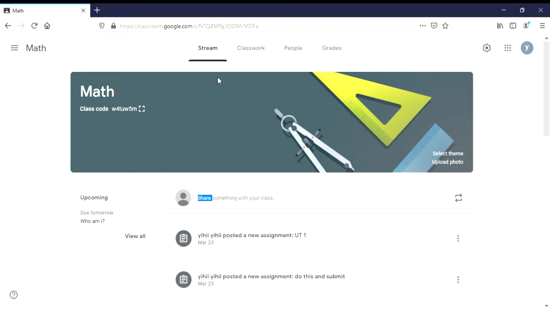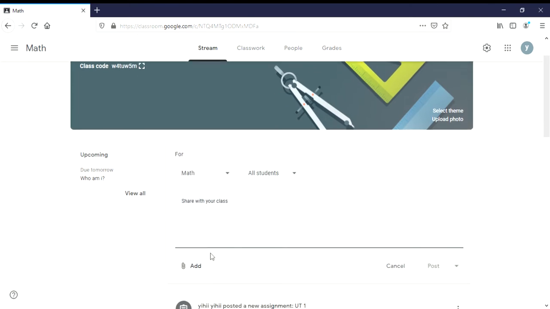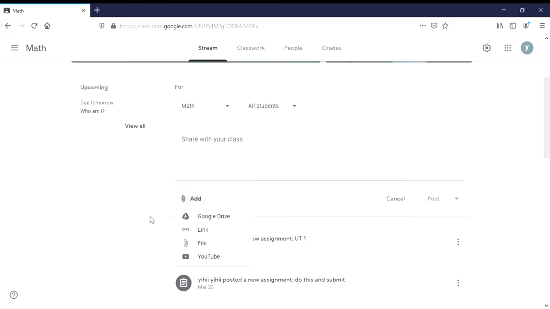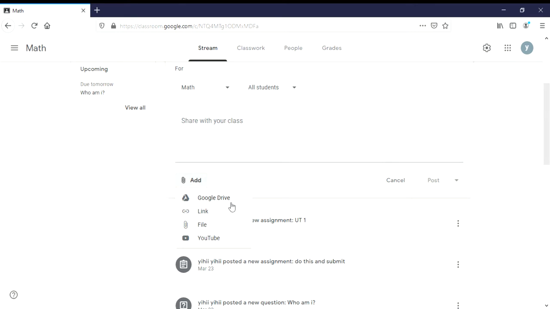There are 4 tabs that you can find in the top. One is the stream. In here, you can share something with your class. You can share some file from your Google Drive, a link, a file from your PC, or a Google link if you want to.